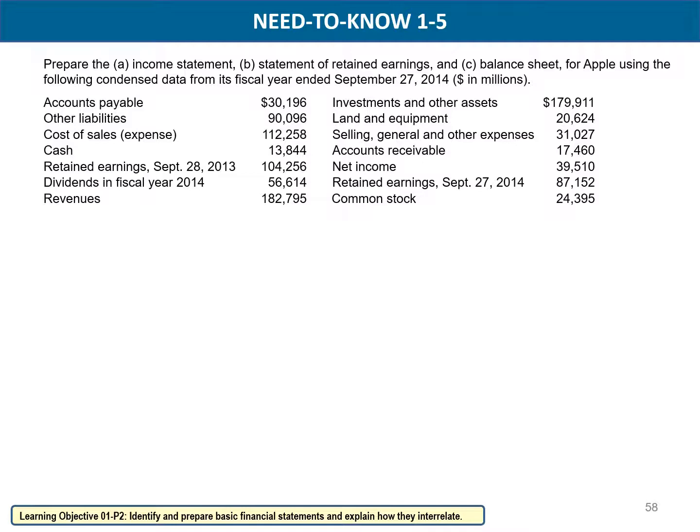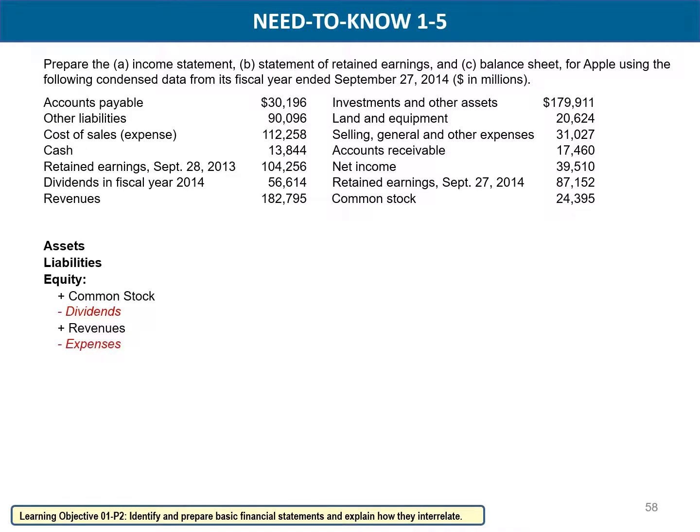Okay, let's prepare our income statement, statement of retained earnings, and balance sheet for Apple Company using the following data. But before we do that, let's review the accounting equation and how the pieces parts interrelate with one another. So our accounting equation is assets equal liabilities plus equity. And if we were to expand equity, we would say that equity is equal to common stock plus revenues less